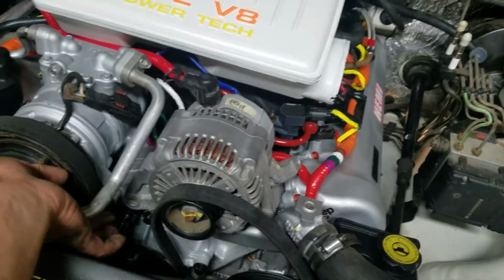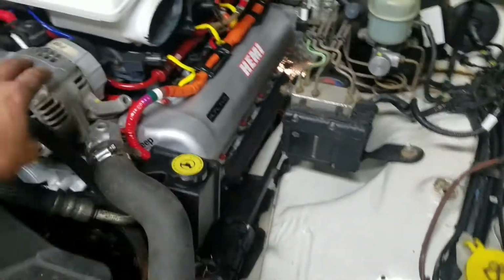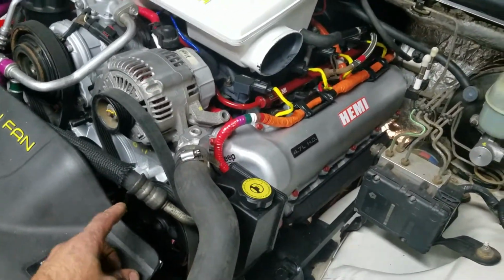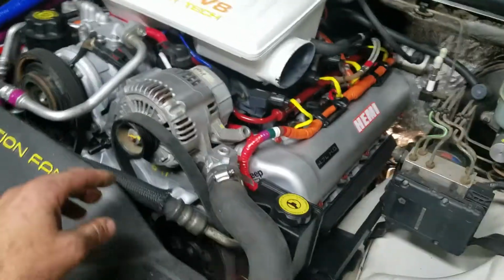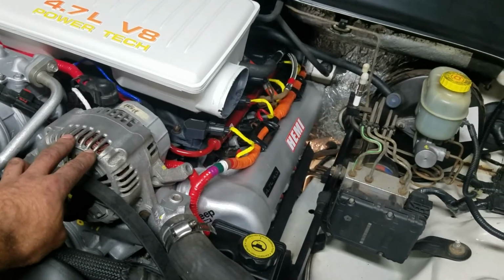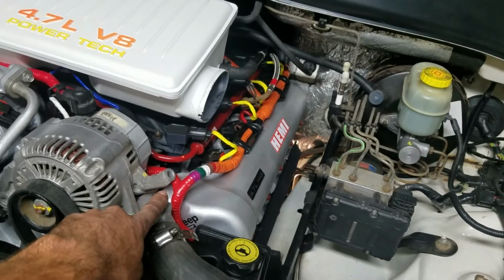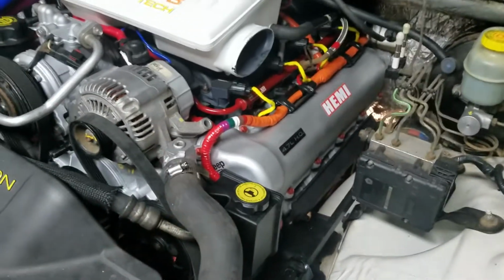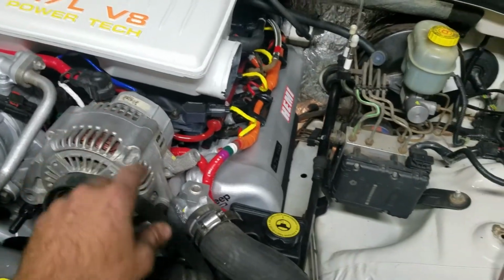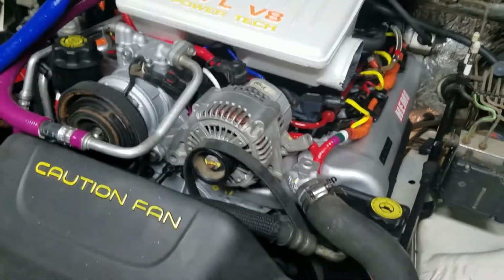I lost the bolts to the alternator. I'm very meticulous on doing my engines, and the only reason I lost those bolts is because I have an identical Jeep, and I felt that the alternator was going bad, so I swapped the alternator. When I went to pull the bolts out, this bolt and that bolt were the wrong bolts. They were only in about half a thread. I barely touched them and they broke free, so the alternator technically wasn't mounted. So I took the correct bolts from this Jeep to put on my Jeep so my wife had a vehicle for